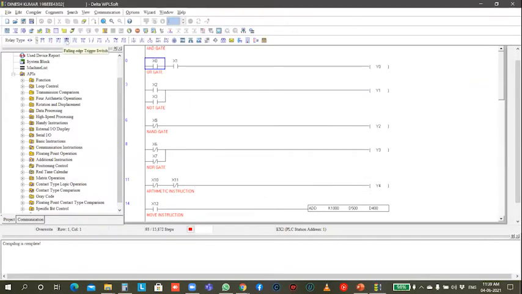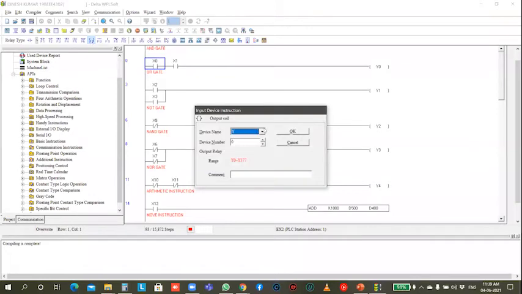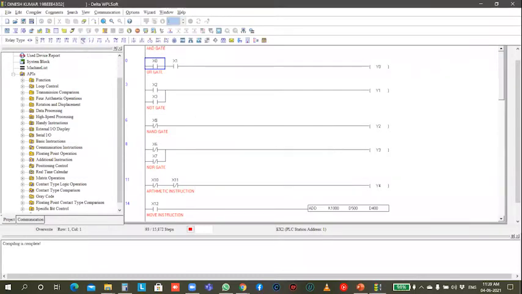This is a rising edge trigger. This is a falling edge trigger, pulses for the pulse inputs. And this is the output coil. An output coil is always considered as a Y symbol, or M or S. S for the step ladders, M for normally virtual relays, and Y for the external outputs like bulbs or motors, etc. So these are for the horizontal line and vertical line.